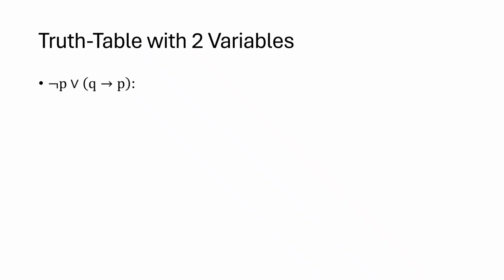Now each variable can either be true or false. So P can be either true or false, and also Q can either be true or false, which means together there are four possible scenarios, 2 times 2. So what are these four possible scenarios? It's either that P and Q are both true, or it could be that P is true and Q is false, or P is false and Q is true, and finally it could be that P and Q are both false. Which means in terms of the truth table, our truth table is going to have 4 rows,